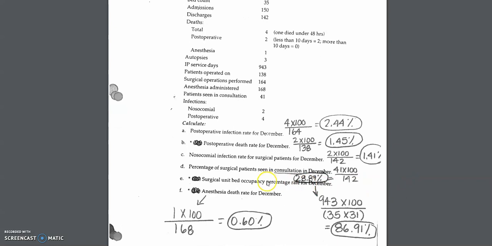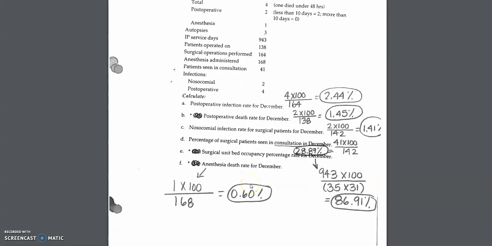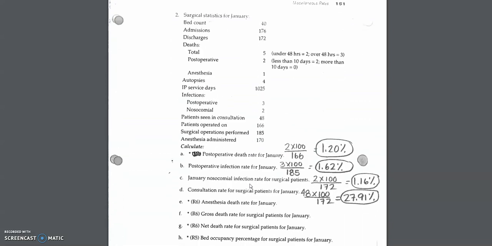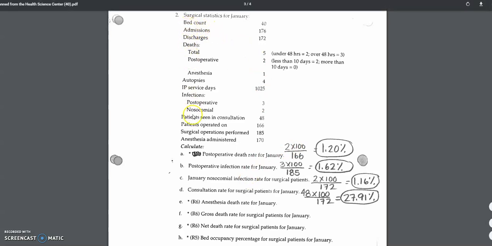E asks for the bed occupancy percentage, and then F asks for the anesthesia death rate. So we've got that listed there also, so you can check yourself to make sure you got it. Surgical statistics for January. So again, you're given lots of information and a breakdown that's very similar to number 1. I've thrown in some death rates and bed occupancy for you to practice, but we're going to really primarily look